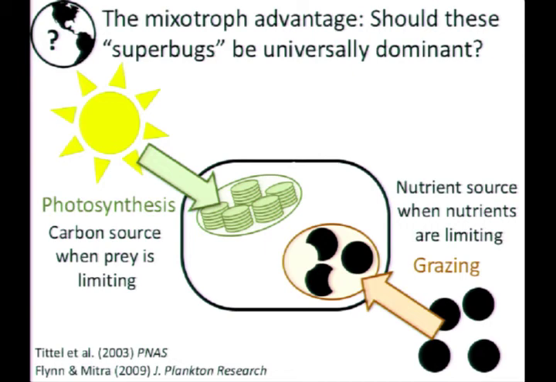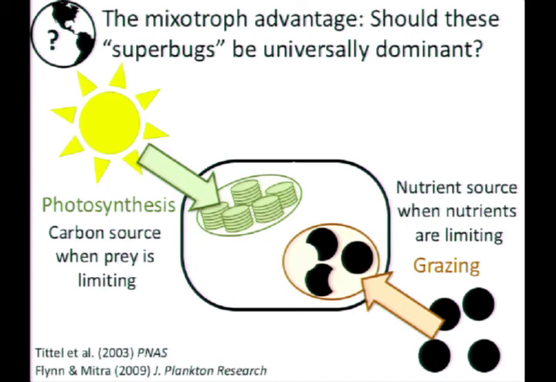And indeed, there have been some studies, like this paper out more than a decade ago now in PNAS, that suggest that in some communities, these mixotrophs are able to outcompete pure phototrophs, and they are able to simultaneously outcompete the heterotrophs. But yet the fact of the matter is that while we observe mixotrophs in every planktonic community, they are actually not so universally dominant. And the reason for that, as Kevin Flynn and Aditi Mitra caution us in some of their modeling papers, is that we have to be careful not to think of these mixotrophs as the perfect beasts that are capable of